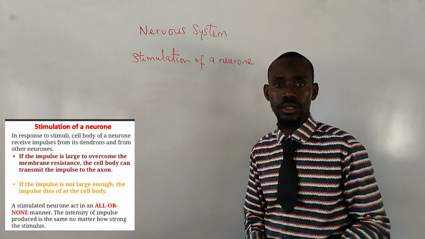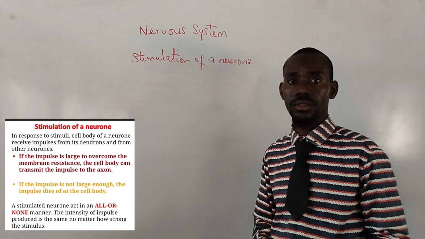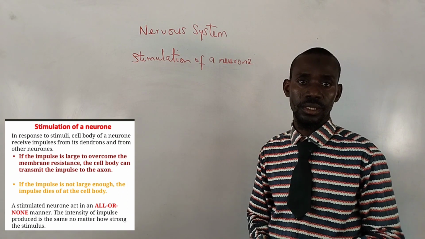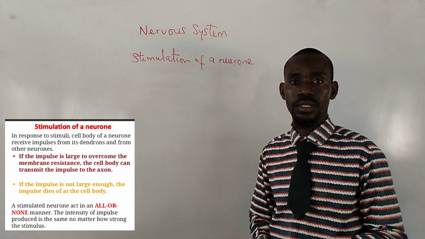But when the cell body receives impulses from the dendron that are not large enough to overcome the membrane resistance, then the impulse dies in